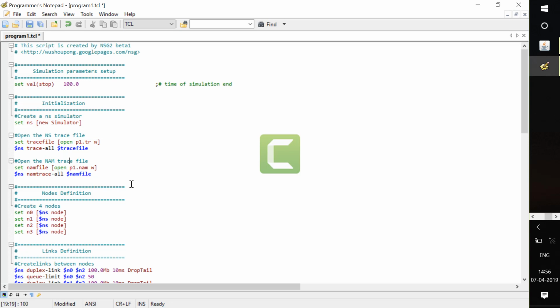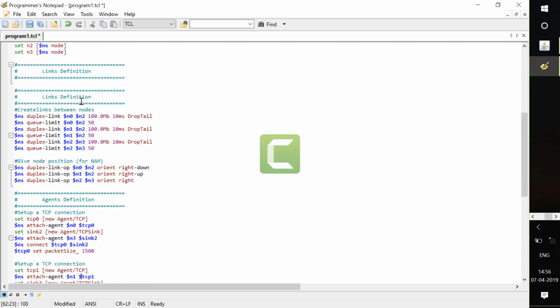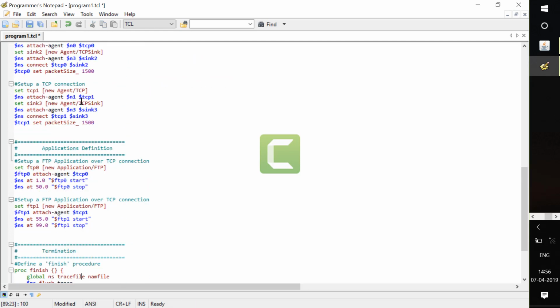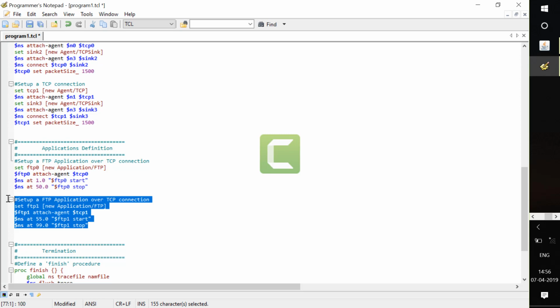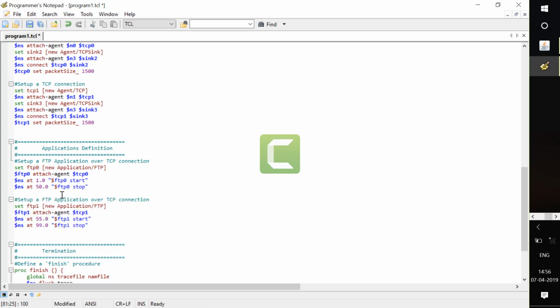Always this stop time should be greater than these two times. Fine. So this is the time with respect to one source, and this is the time with respect to the second source. During this time period they are going to generate packets.